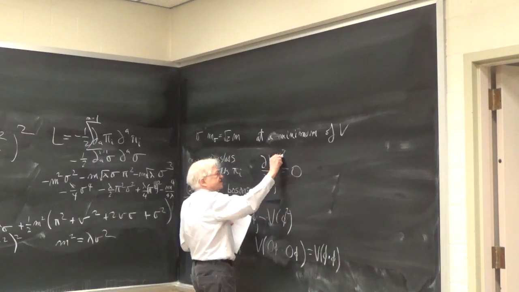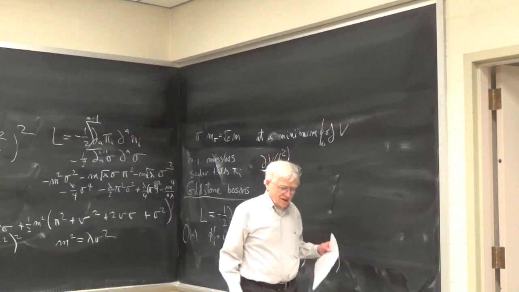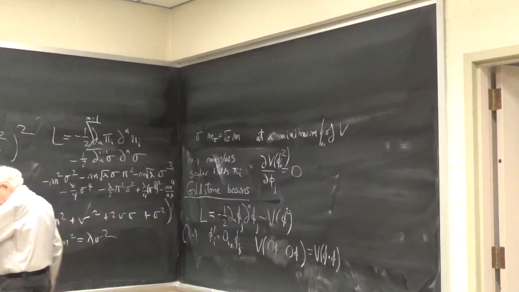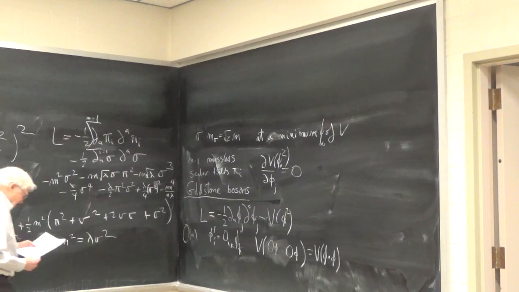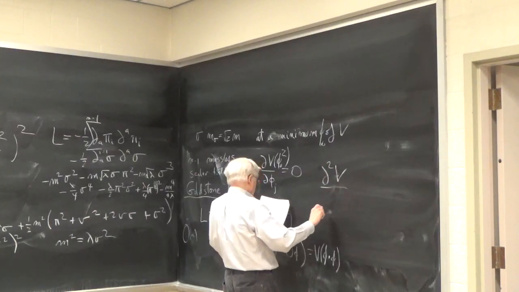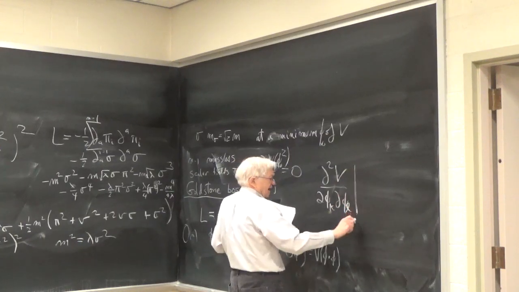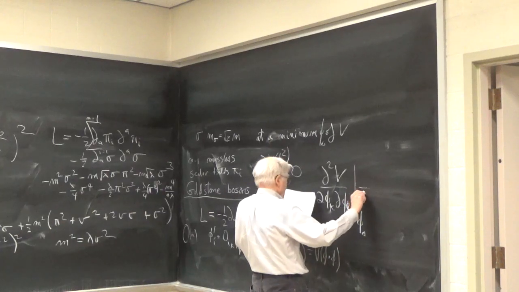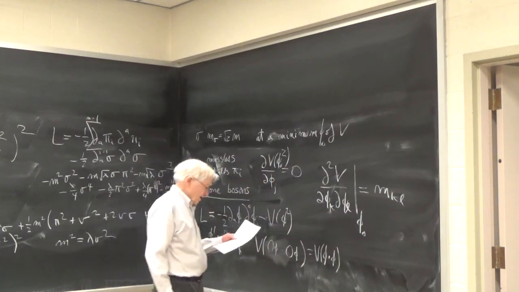I'll call that at φ squared equal to φ_0 squared, at a minimum φ_0 of V. Once again, the minima are lying on the surface of a sphere in n-dimensional, real n-dimensional space. The mixed partial derivatives have to form a positive matrix at a minimum. These are the mass squares,